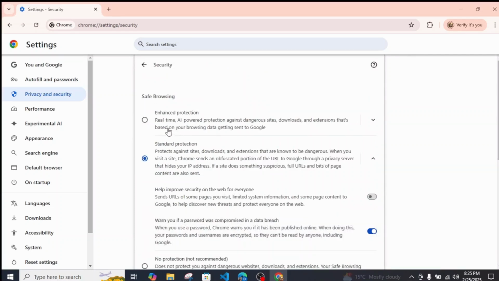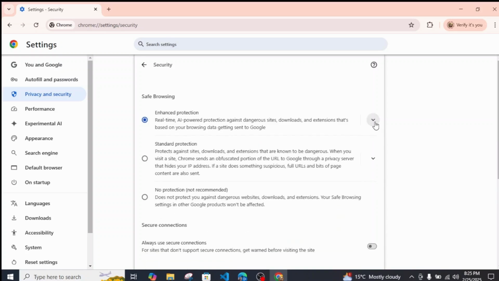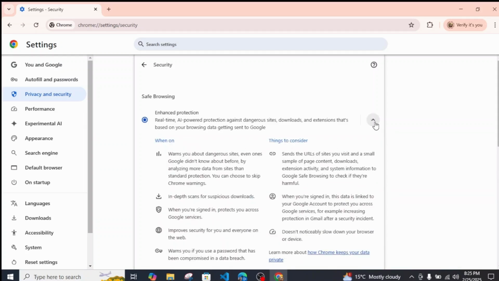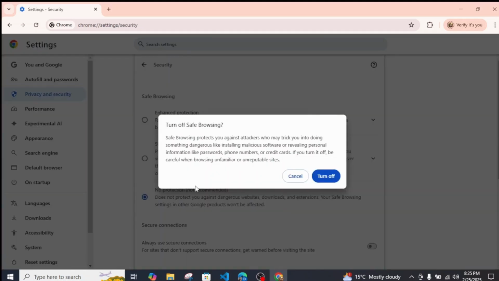And if you have enabled this option, most probably that is why the restriction for the download occurs, because it enables extreme protection, I should say, against dangerous sites. So even if a site is not dangerous, it detects it as dangerous and doesn't allow you to download from those sites. So what you can do instead is click on this No protection option and